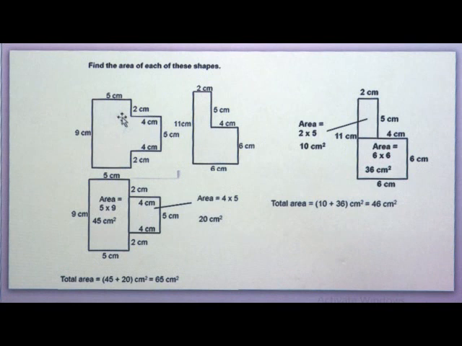So, what can we do? We can put a dotted line here and the figure will be in this way. If I continue with this dotted line, what will be the shape of this? It will be a rectangle, not a square, because the measurements are different. One pair of opposite sides is 4 centimeter and the other pair of opposite sides is 5 centimeter.